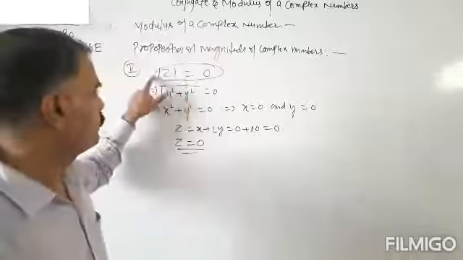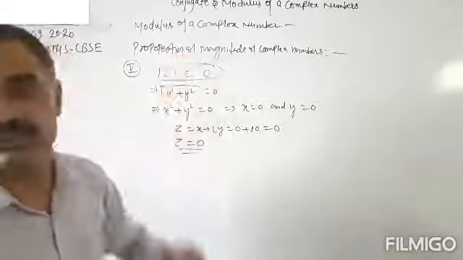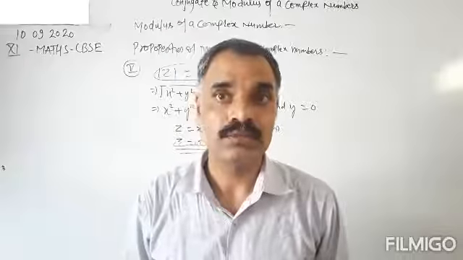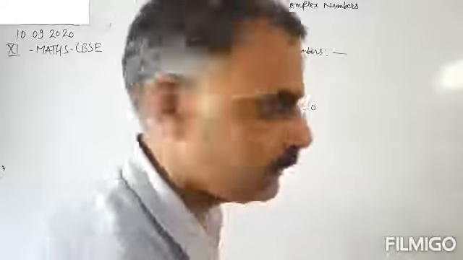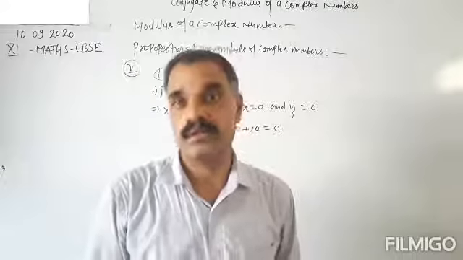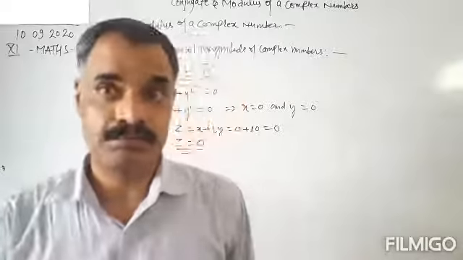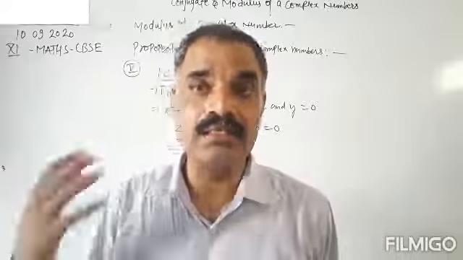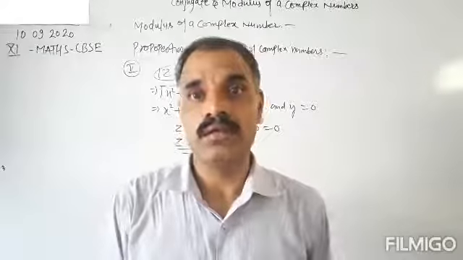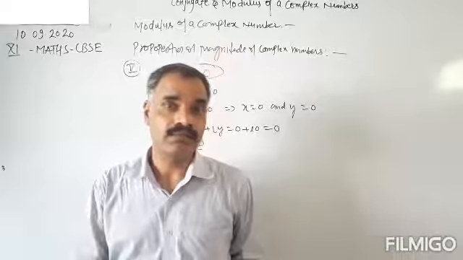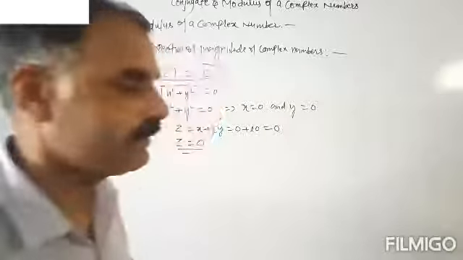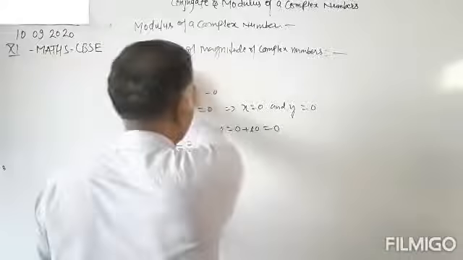So this implies this and this implies this. Both the results are vice versa results. So this was the fifth property. Next property, actually the serial number of the property is not so determined, but the fact that we are learning in the particular property is important. So remember the fact, not the serial number of the property.